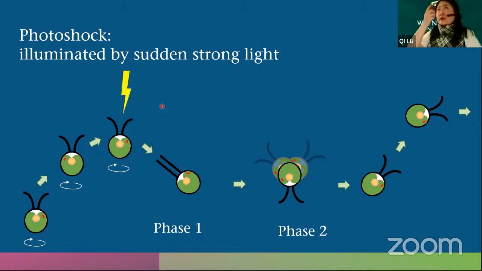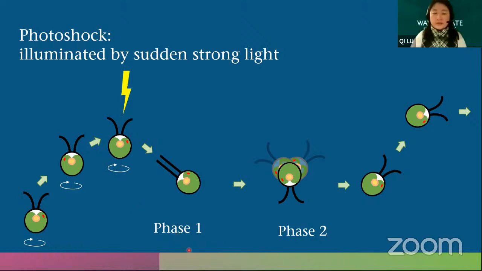We cannot look directly at the sun because we know it will kill the photoreceptors in our eyes. It's the same condition as this green algae. Very strong light is toxic to this organism. So when it suddenly gets a photoshock, captured by the eyespot, then it will undergo a